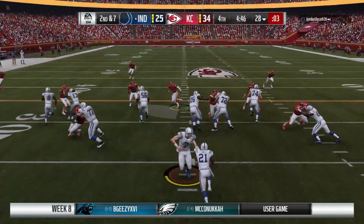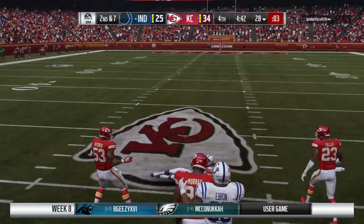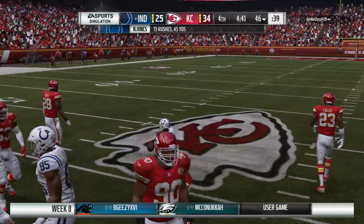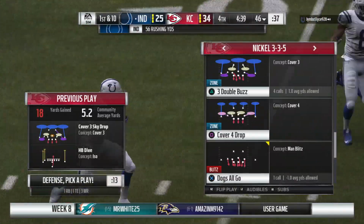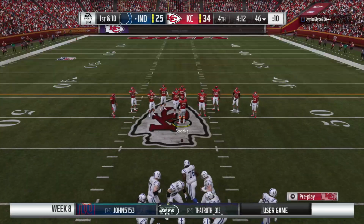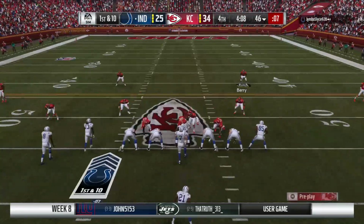3rd down. They stay on the ground. Again, it's Hines. He finds an opening past the 40 and all the way up to the 46. Good yardage there for the Colts. 18 and a first down. We'll definitely see some open running lanes, and he's taking advantage of it right now, but that shouldn't be a